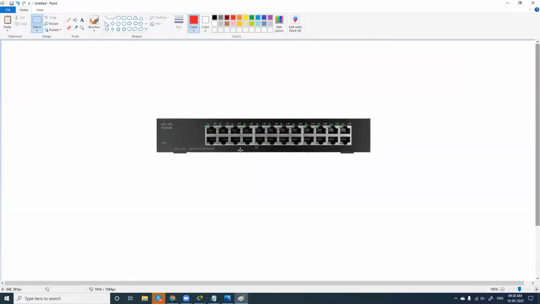Unmanageable switches are old switches, which are less expensive, and you cannot configure anything. It is just like an extension box. You can connect and use it. That's it. Fine. And now, as discussed earlier, you have many ports here. It's a 24 port switch, and you have port number 1, 2, 3, 4, 5, 6. You have a lot of ports here.